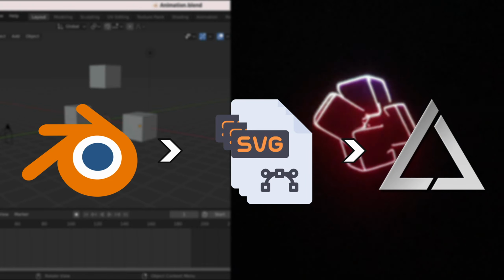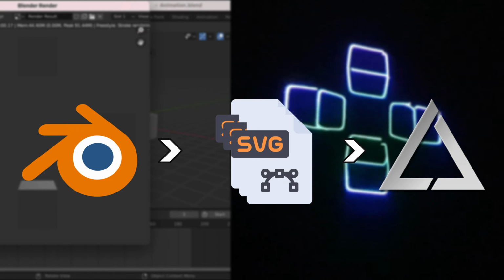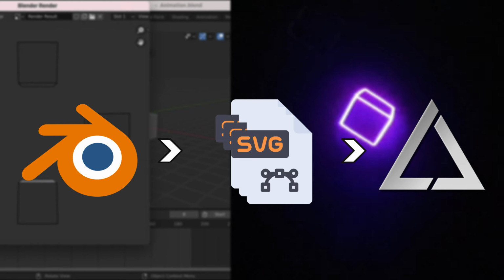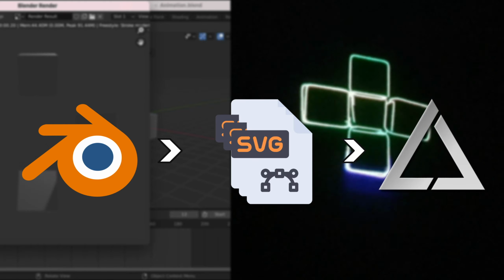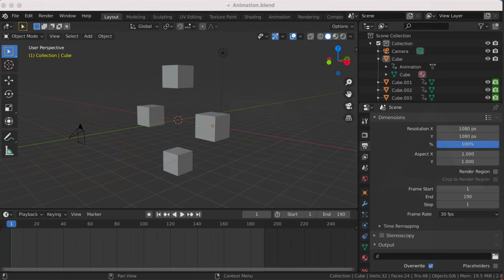This technique is going to be using the built-in Blender Freestyle plugin. Freestyle allows us to get access to the edge and vertex information, which we'll be using to create the laser path. So I'm currently using Blender 2.8 on a Mac OS, but this should work on Windows or any other major version of Blender. To begin, we will need to enable the Freestyle Export plugin.